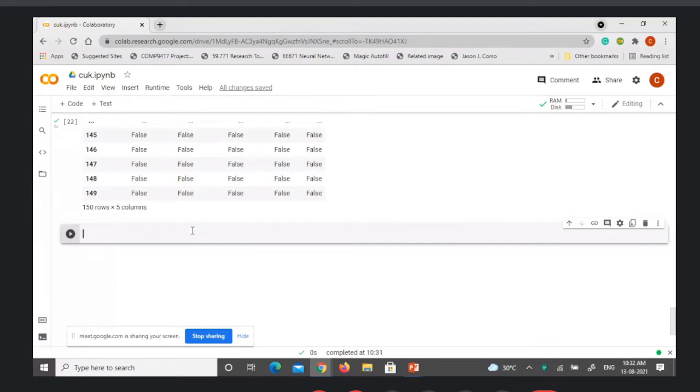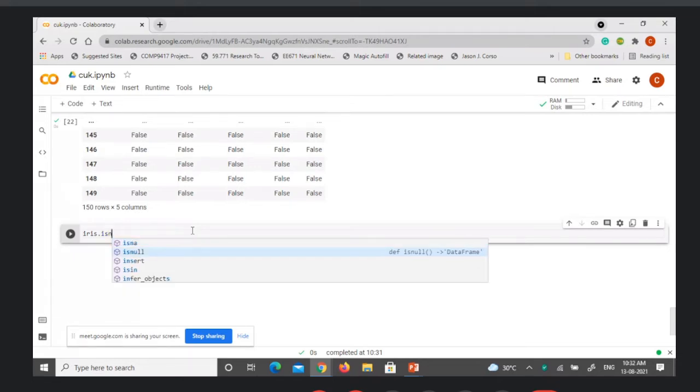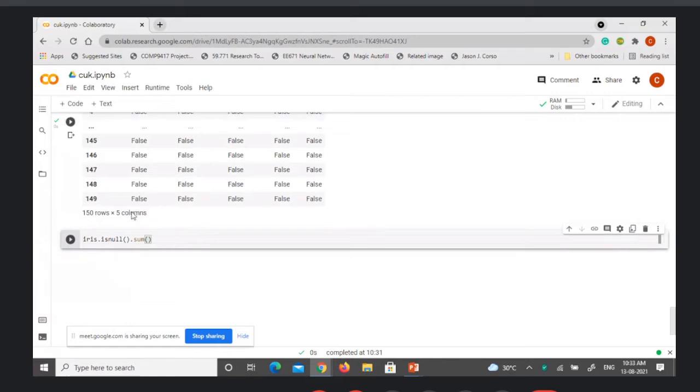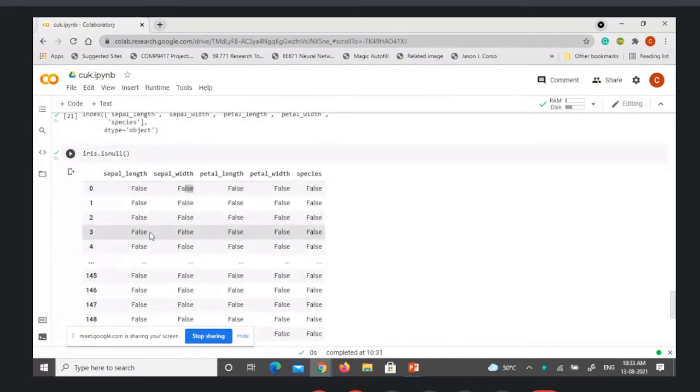What we can do is say iris dot is null, then you can say sum. When you say sum, is null returns false, which represents 0, and if true is there, then that represents 1.